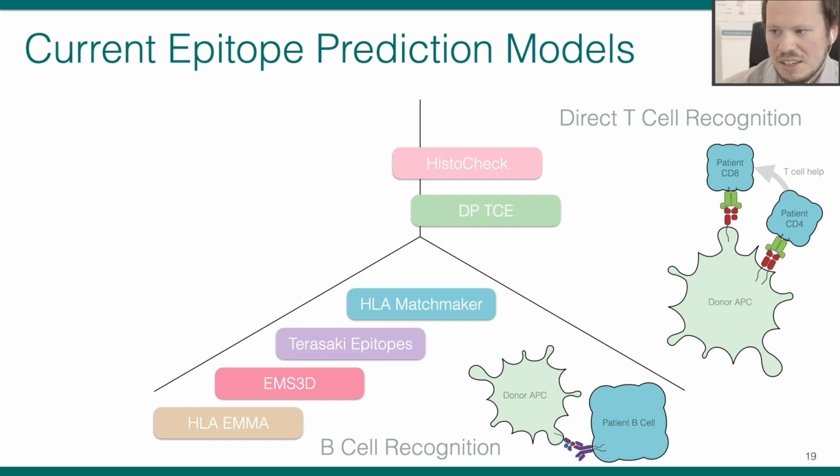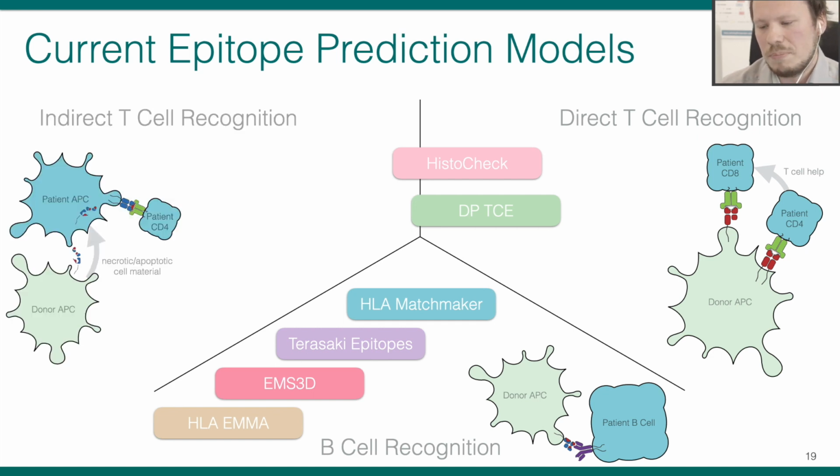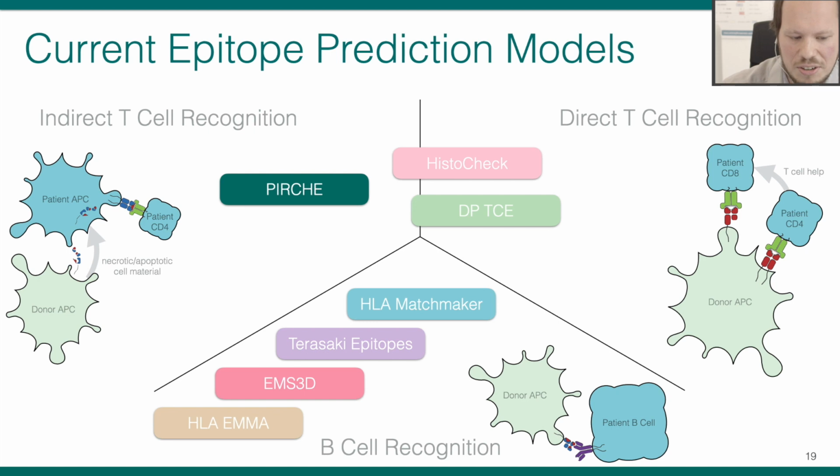As you can see, they are somewhat overlapping also with the indirect pathway, because you also and always need to keep in mind that we are looking at the same things here, the same amino acid sequences. So there is obviously some overlap between the different techniques because we're looking at the same data. And ultimately, for the indirect T-cell recognition, there's now the PIRCHE model that tries to model that. And let's check out what that all means clinically.